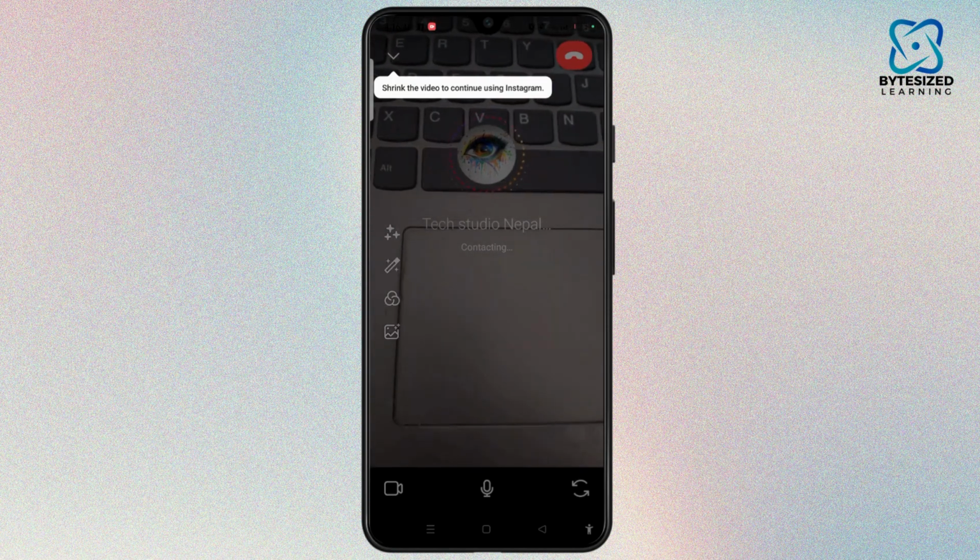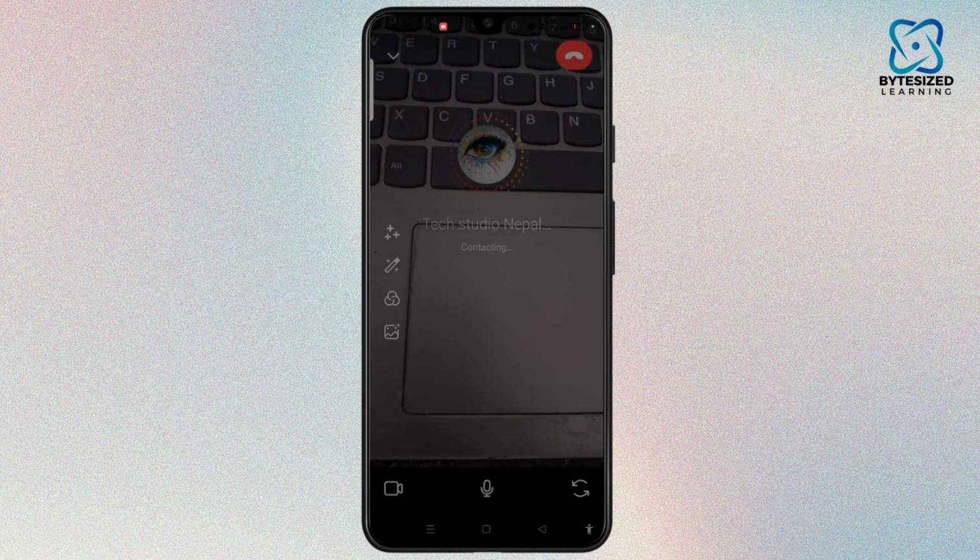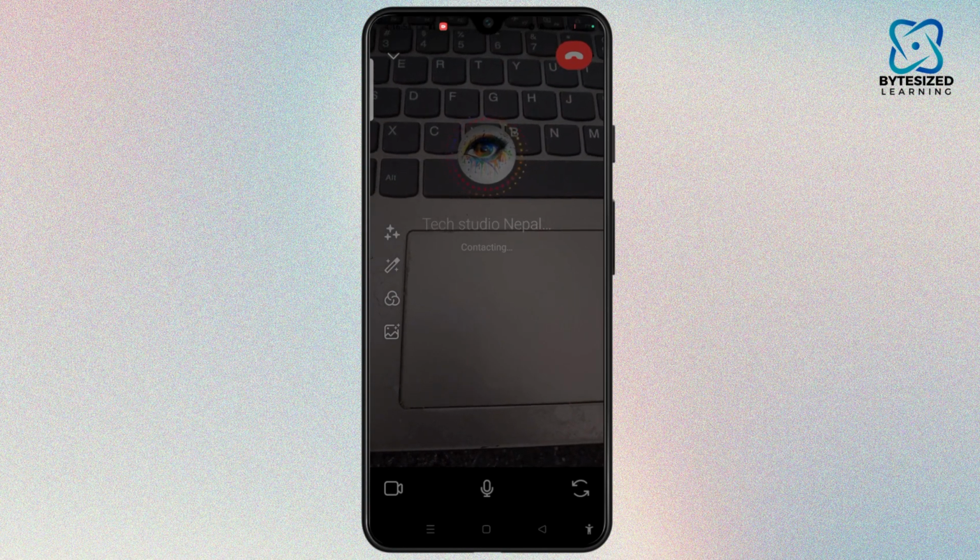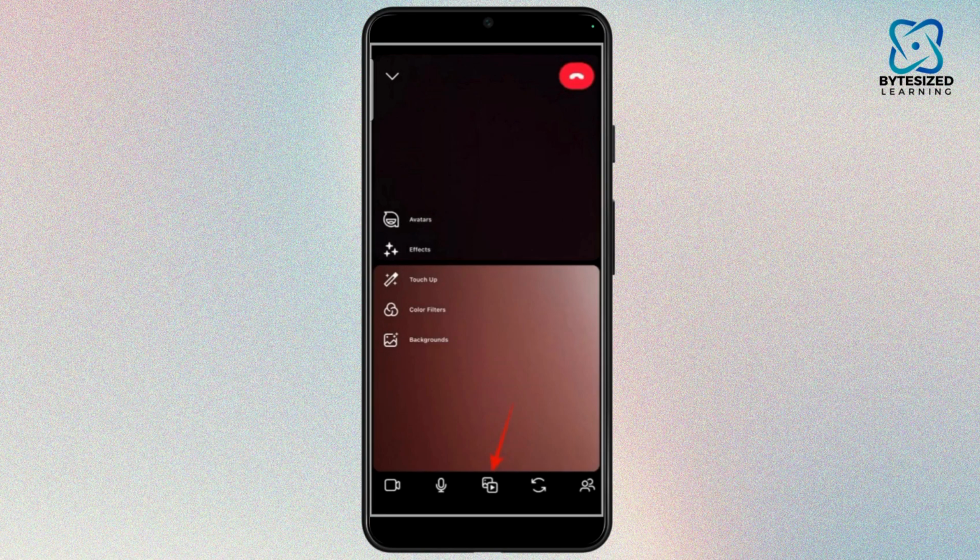So as you can see, we don't see any share screen button here because this person has not yet received our call. So as soon as someone receives our video call, then you will get the option of two cards icon at the bottom center of the screen, where you will get the option of share screen. Simply you need to tap on that two cards, where you will find the option of share screen. You can simply open it and tap on the share screen and then easily share your screen on video call